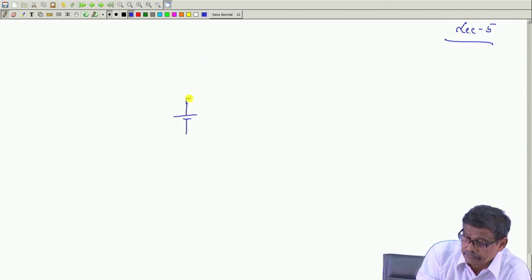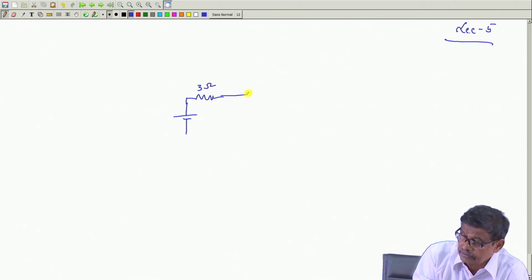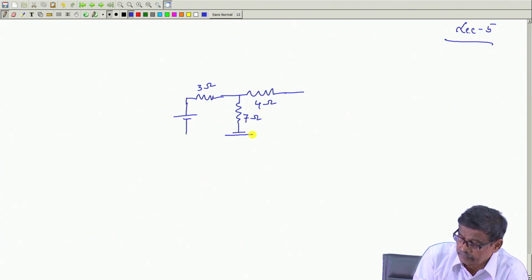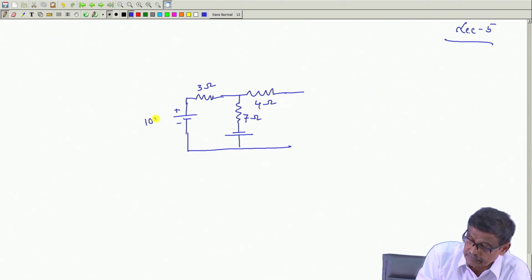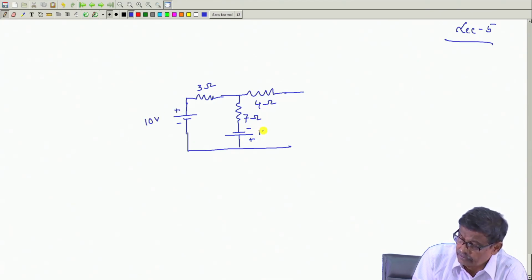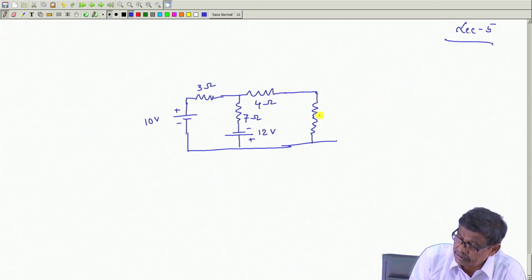I will put some numbers now: say this is 3 ohm, this is 4 ohm, this is 7 ohm, this is plus minus 10 volt, this is plus minus 12 volt, and this is another resistance, say 18 ohms, and here is another branch